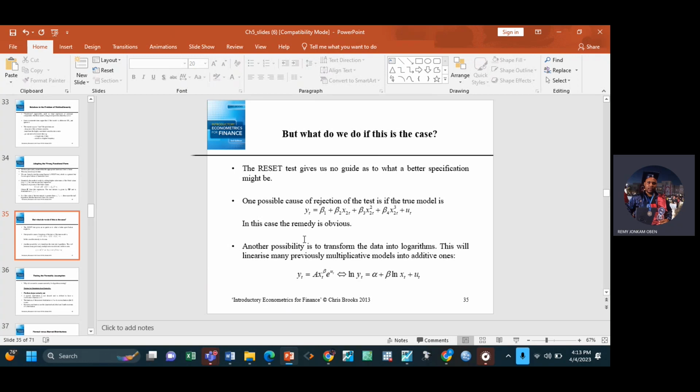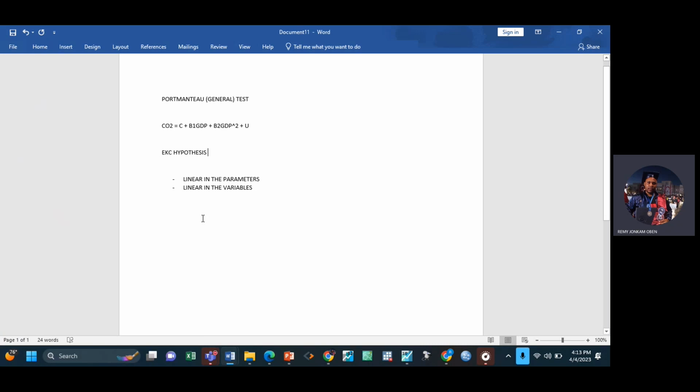Inshallah. Okay, guys. So one criticism of the Ramsey RESET test is that it is just telling us if the functional form is appropriate or not, right? For instance, in the Ramsey RESET test, which we'll see on EViews, what's the null hypothesis? The null hypothesis is telling us that the functional form is appropriate. The alternative is telling us that it is not appropriate.